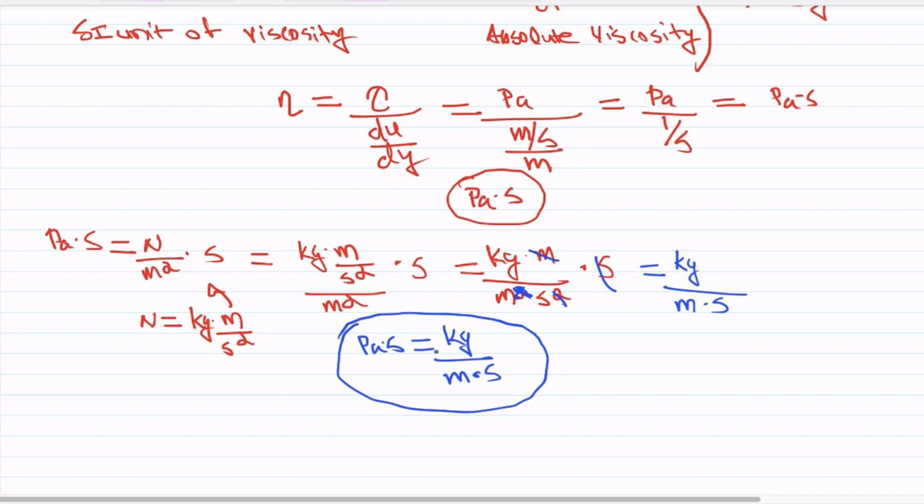Both are the same. Pascal second is equal to kilogram per meter second. As we discussed, Pascal second and kilogram per meter second are the standard units of viscosity, but in industrial practice these units are too large, and we often use another viscosity unit known as Poise. So Poise is equal to 10